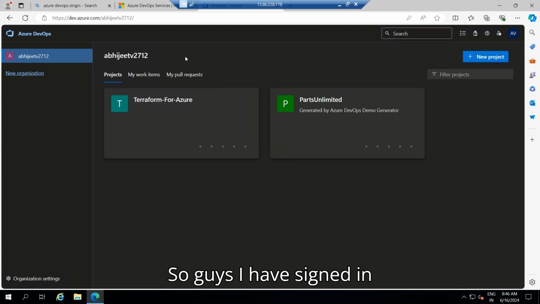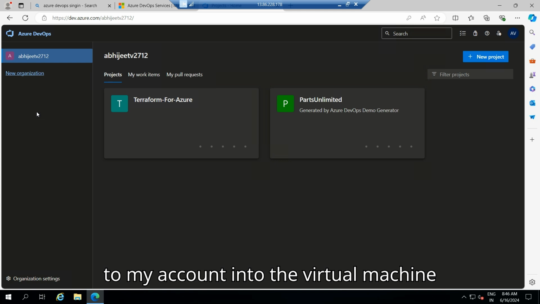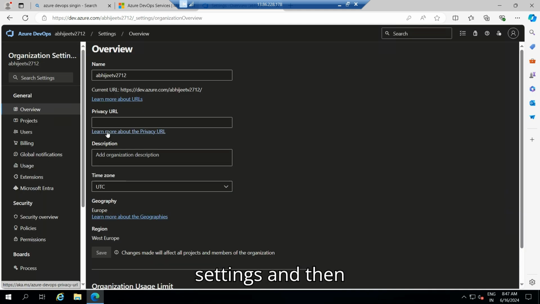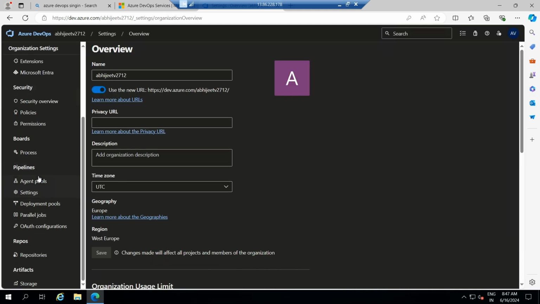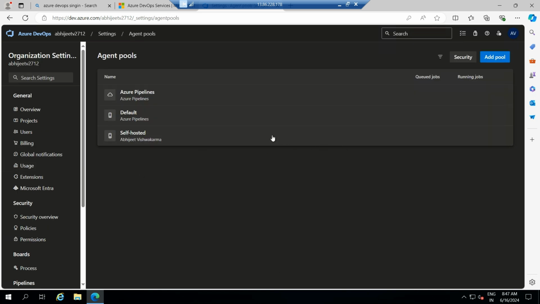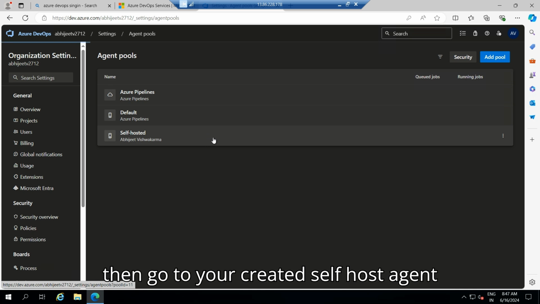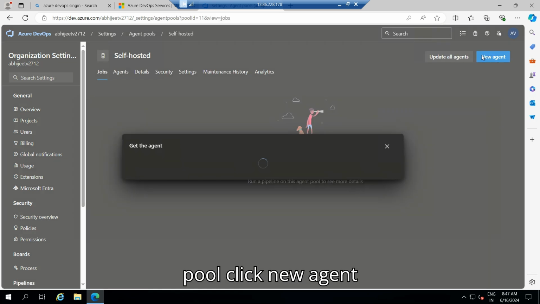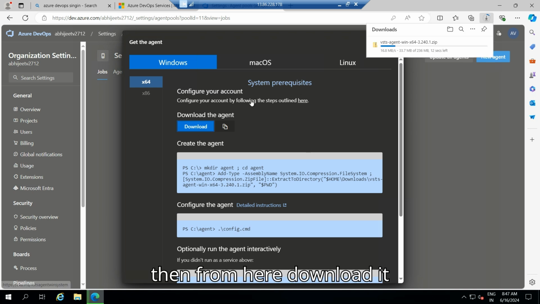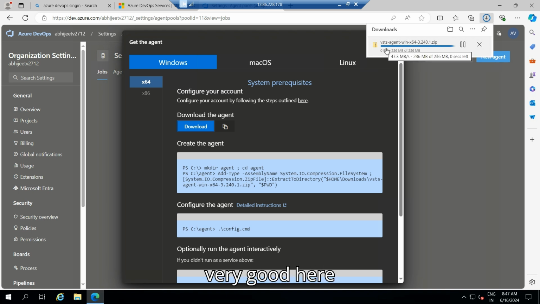So guys, I have signed in to my account in the virtual machine and from here I'll go to organization settings and then agent pools. Then go to your created self-hosted agent pool, click new agent, then download it from here. The speed is very good here. Once it's downloaded,